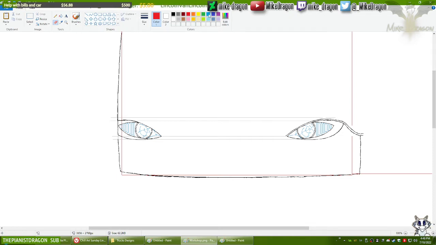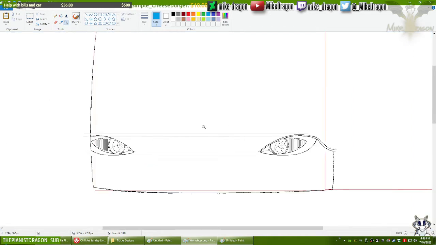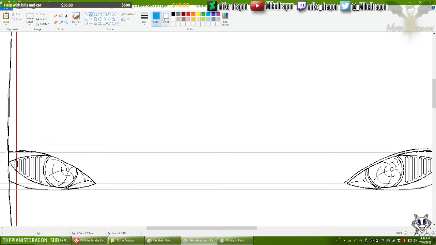How about we turn those blue lines into black lines so we can have an even better idea of what these headlights are looking like so far. Ah, yes, look at that, guys. Yeah, I like it. It needs more improvement, of course. I am still super far from getting anything done here. But hey, this is looking good already.